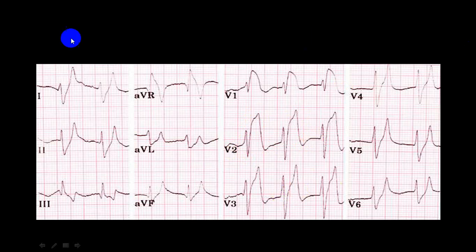Plus, the most important part, you can see the changes in lead 1, lead 2, lead 3, aVR, aVL, aVF, V1 to V6. So it is global. Global changes will be less common in a case of ischemic heart disease, while global changes will be seen very frequently in a case of hyperkalemia.